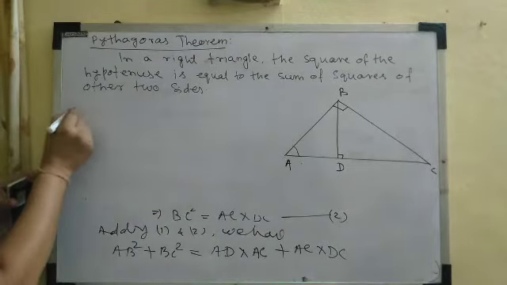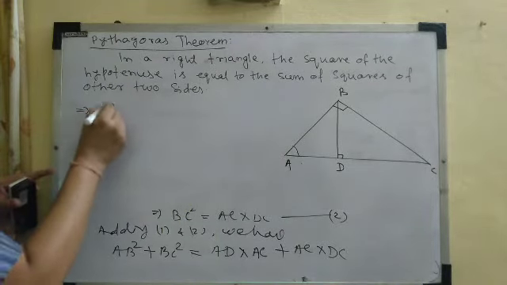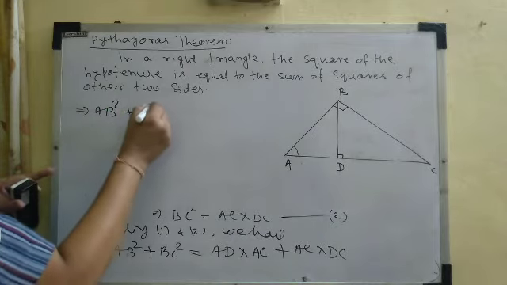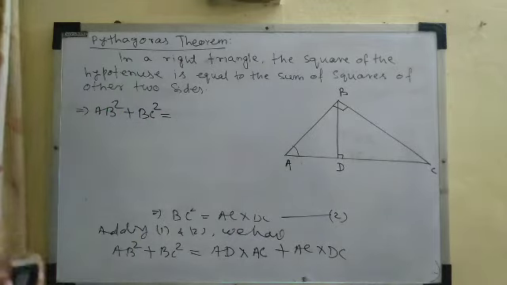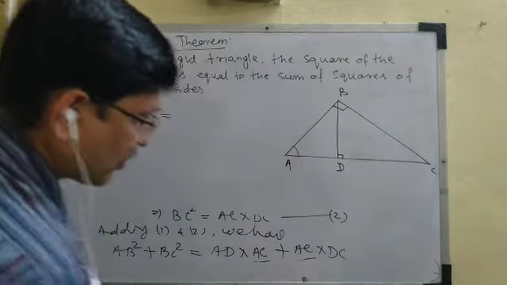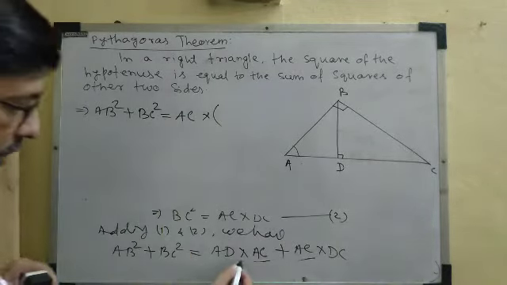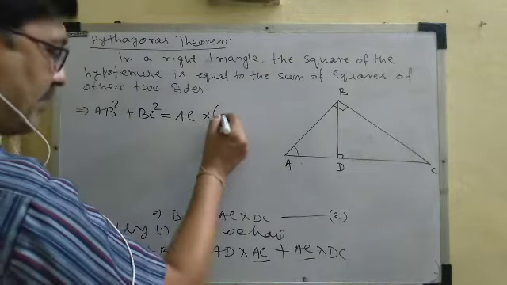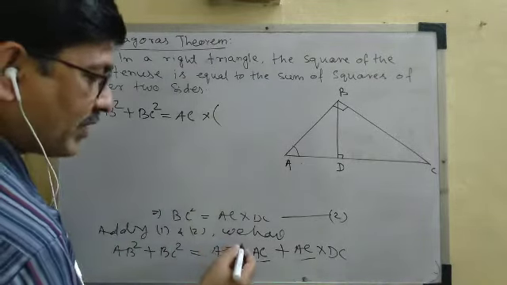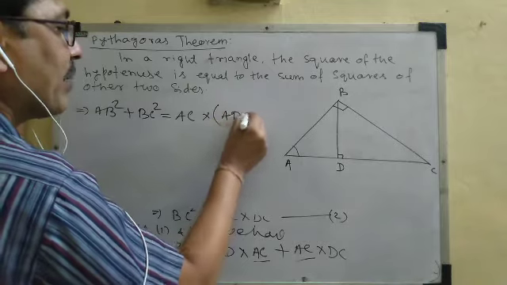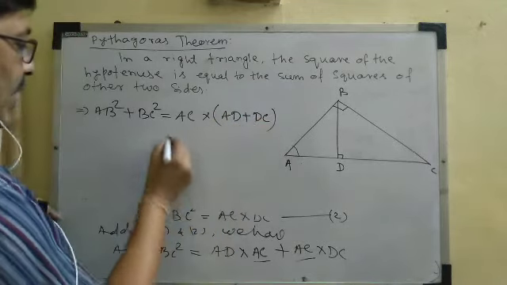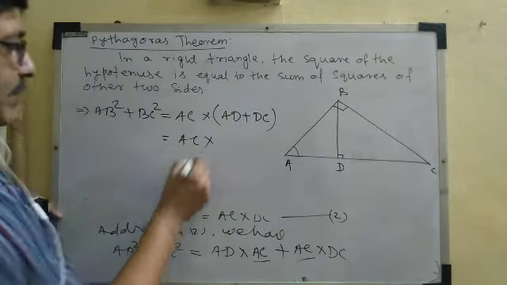We can write this as AB square plus BC square is equal to, here you can see this AC is common to both. So we can take AC common. If we take AC common, then the remaining part is AD plus DC, which is equal to AC multiplied by